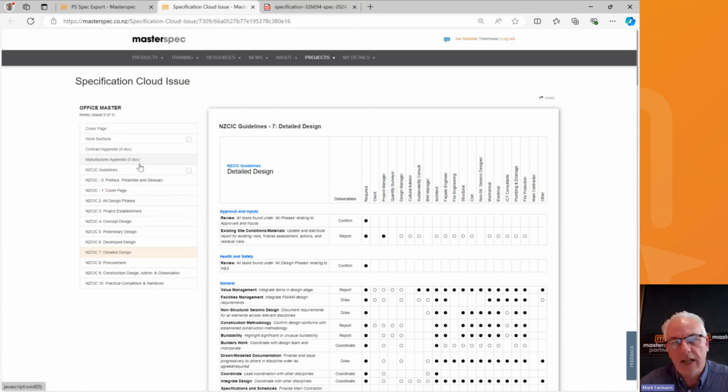It sits on the Masterspec cloud. You can issue as many of these as you like, and it's a nice way to share the document in an electronic format rather than just a PDF. Obviously, it's not editable, it's a read function. I just wanted to make sure that you're aware of that. If you want them to have editable function, someone can get a login, and again, you can share that document with someone else,